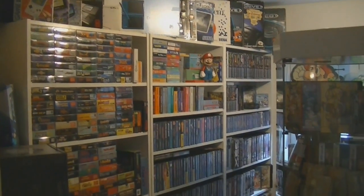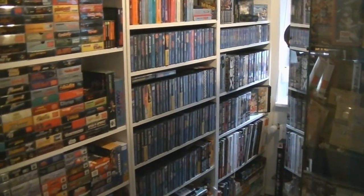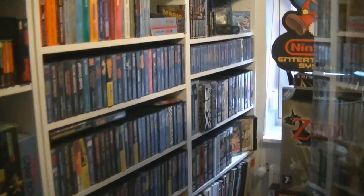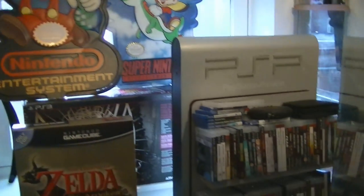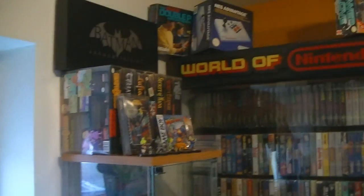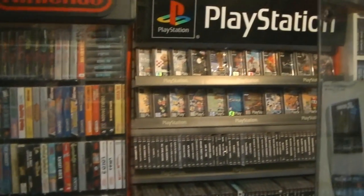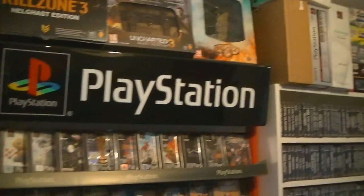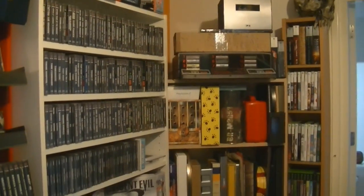I'm gonna start this tour with a quick walk through both rooms so you guys can see how I laid it out. On the left there's 4 cabinets mainly filled with Nintendo, Sega and some AES stuff. Then there's my display cabinets. Here's the PSP one filled with PlayStation stuff. Then there's a display cabinet with all kinds of rare games. The World of Nintendo cabinet, one of my favorite things in my collection. A PlayStation Store display and 2 regular IKEA cabinets filled with either PlayStation 1 or press kits, and to the